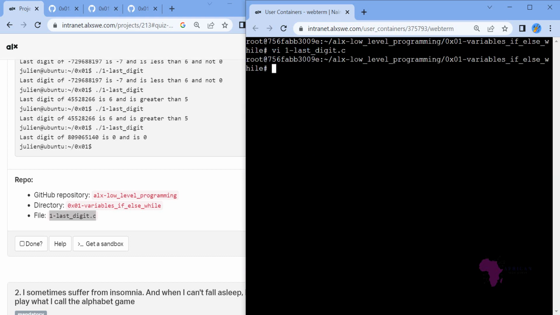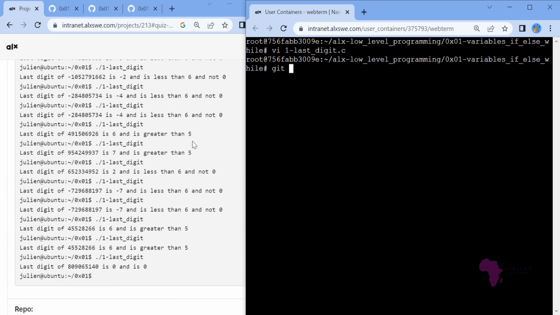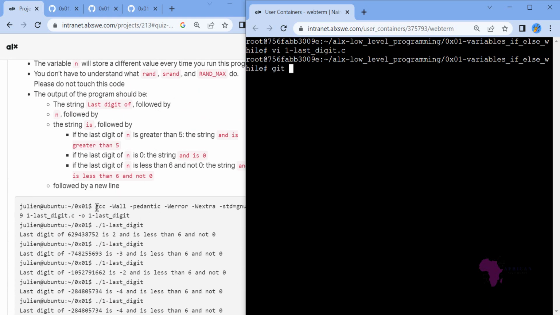And then let me git add. Okay, I don't need to test GCC again this time. I showed you the first one and it is working, so I don't need to test all over. I'm just showing you, but the code is working. Yes. So let me go to git add, git commit,